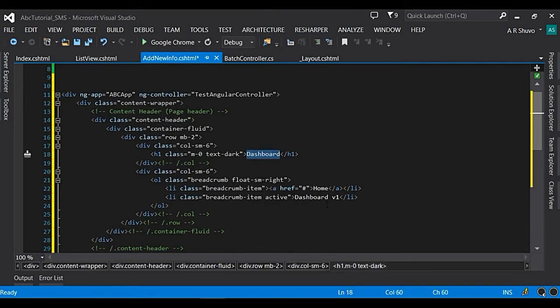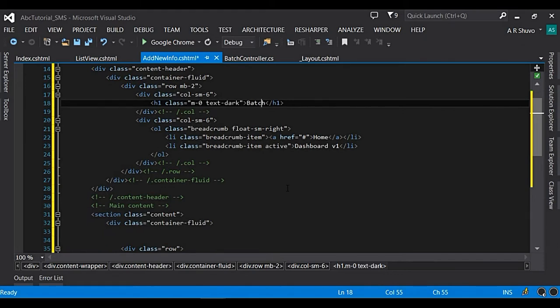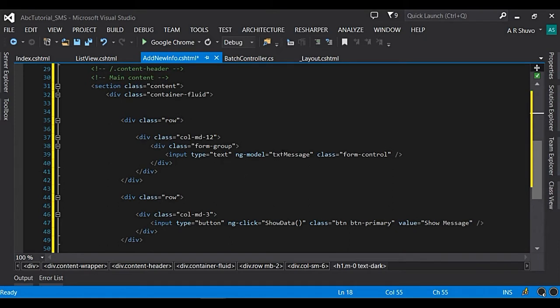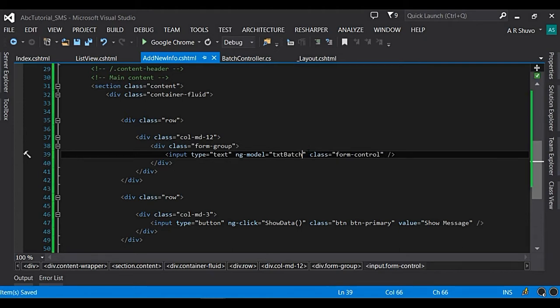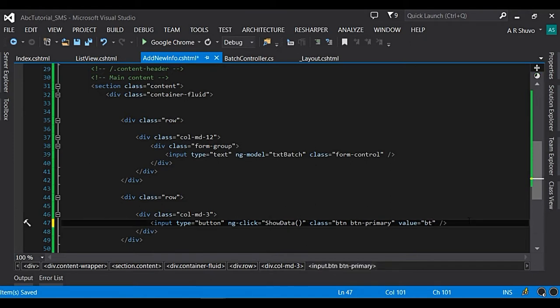and we need this page name batch, and we need to change txt batch. Okay, and btn save text. Okay,